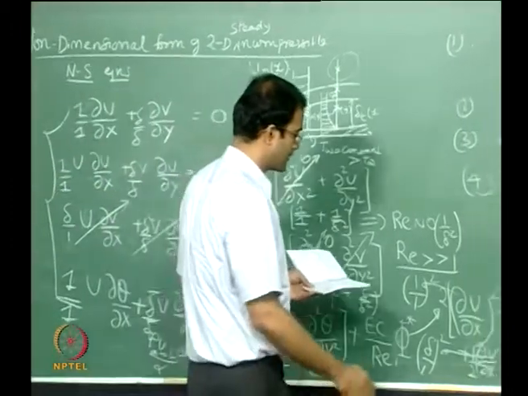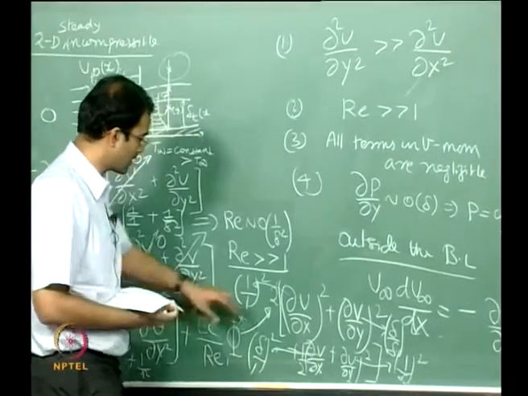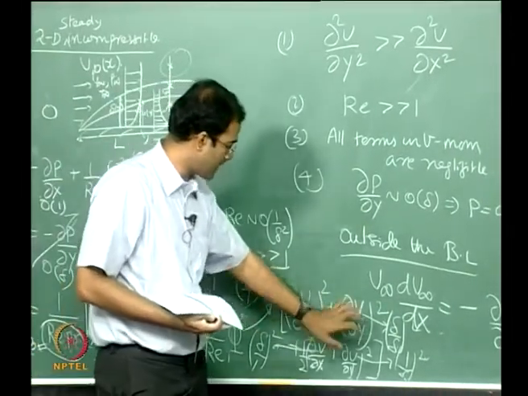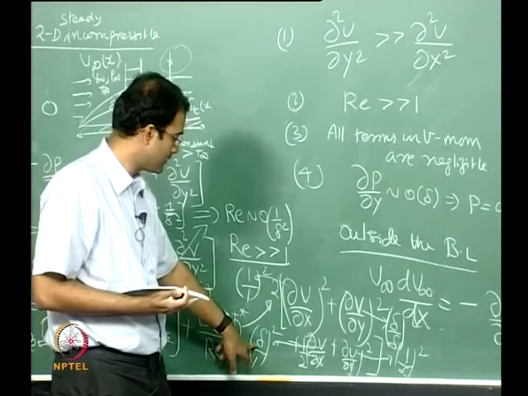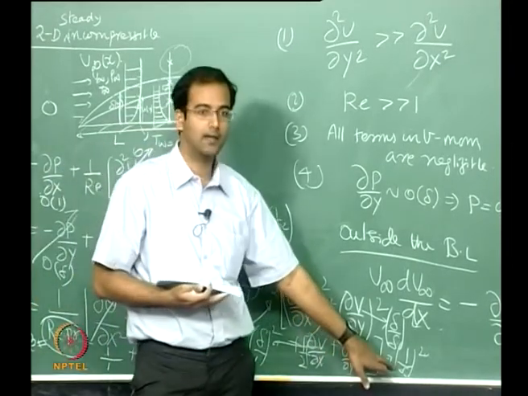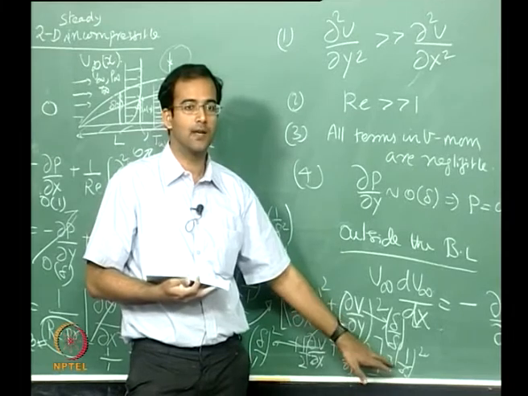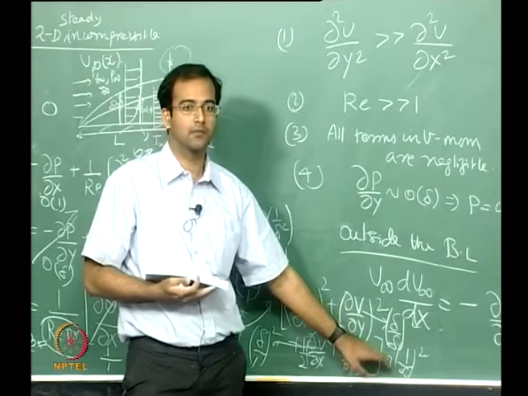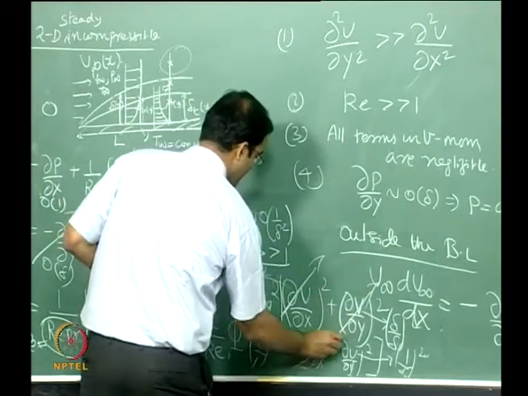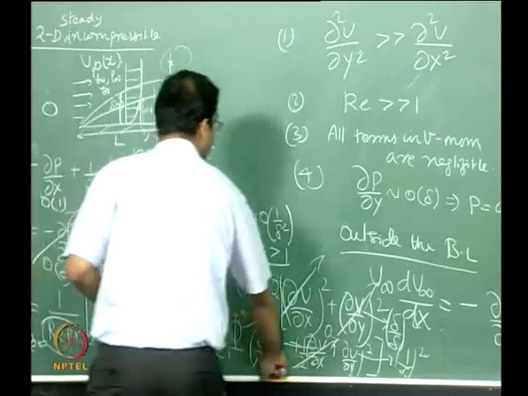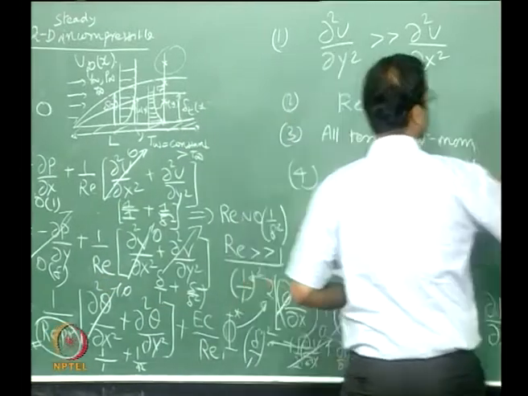Coming to the viscous dissipation term here, this is of the order of 1, this is of the order of 1. Now this is of the order of delta square, this is of the order of 1 over delta square. So this is the most significant term. So all of the other terms can be safely neglected. So finally, if you write for temperature,